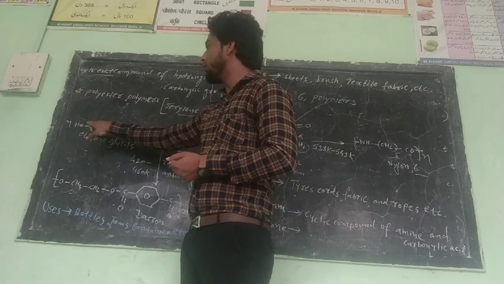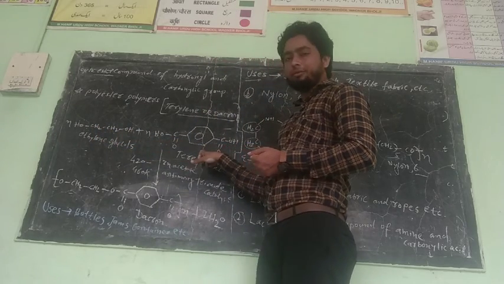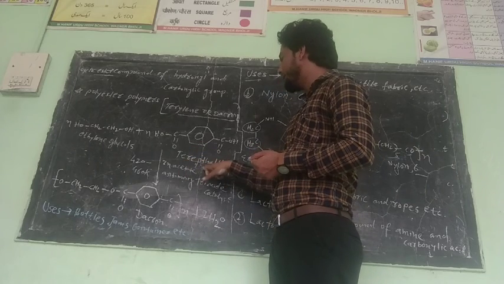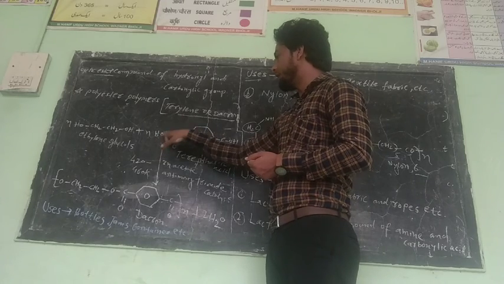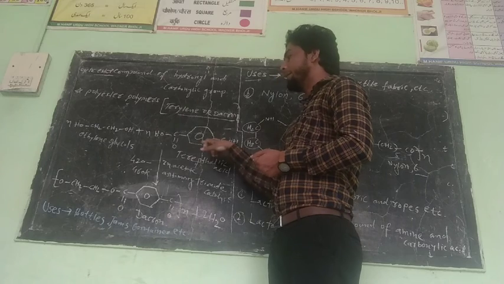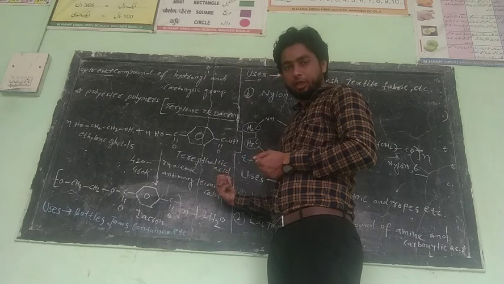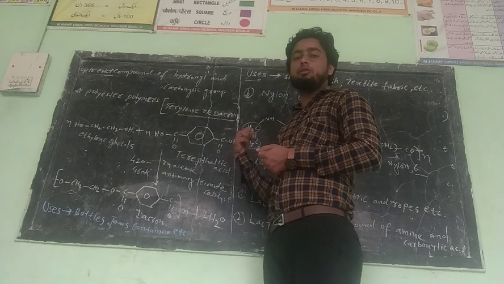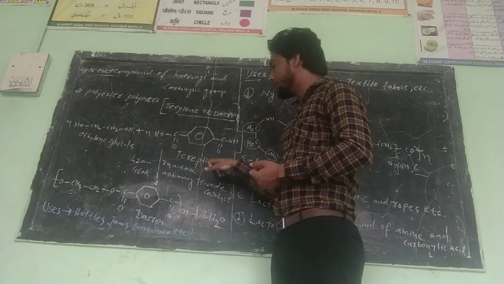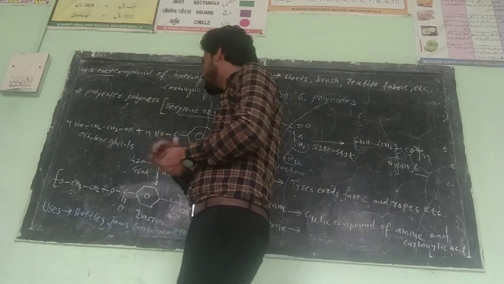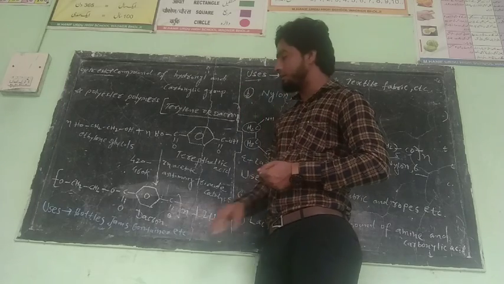When ethylene glycol, formula OH CH2CH2OH, reacts with the second monomer, called terephthalic acid, formula COOH attached to benzene, same group COOH attached to benzene. It means two acid groups attached to benzene at the terminal positions is called terephthalic acid. So when ethylene glycol reacts with terephthalic acid in the presence of a special catalyst called zinc,